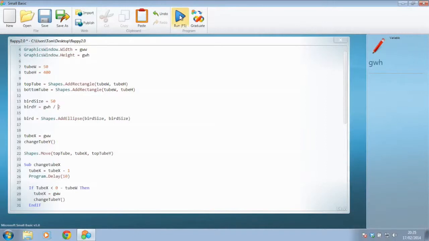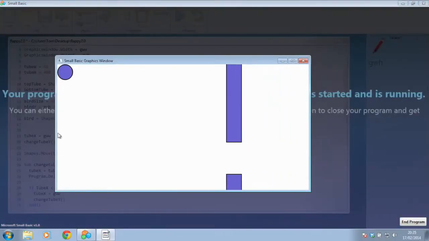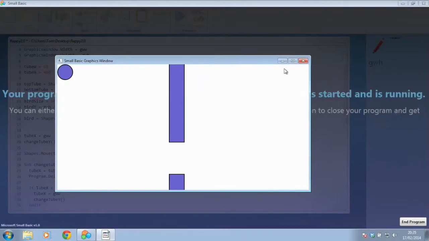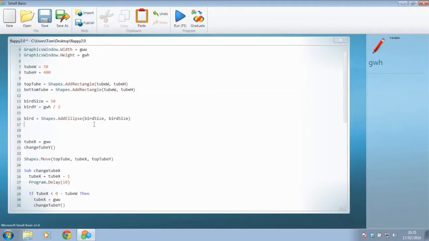Now, of course, when I do run that, I haven't actually told it to move to that location yet. I've only set it as a variable. So I need to tell it to move to this location. So I need to say